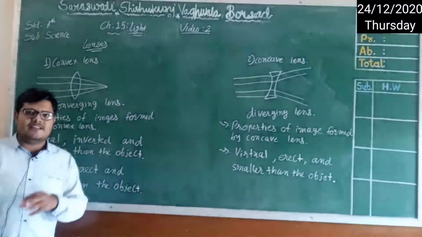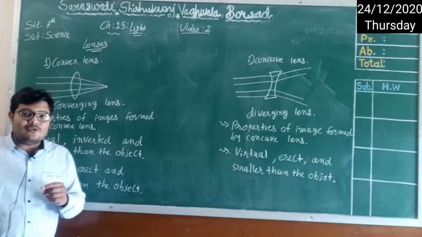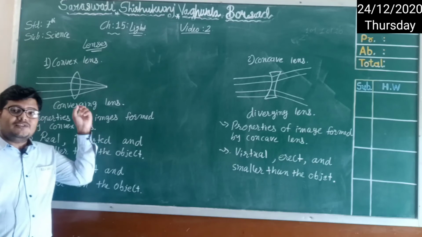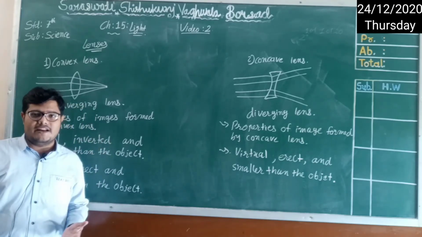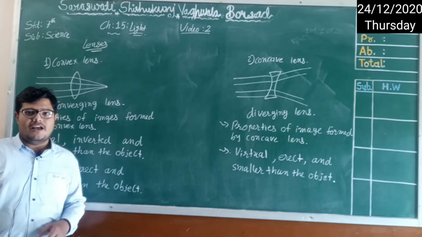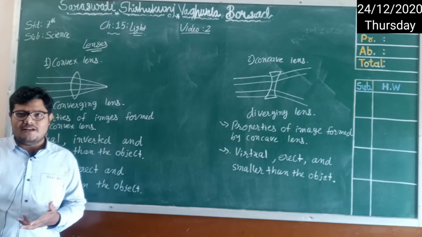So it is actually creating the image of the sun on that particular object, right? So don't try to look at the sun directly through this convex lens, it can be harmful for you. Or don't focus sunlight on any body part, right? It will burn that part. So take care of that. I know that most of the students have this convex lens at home, right?